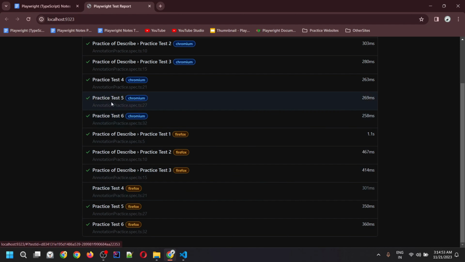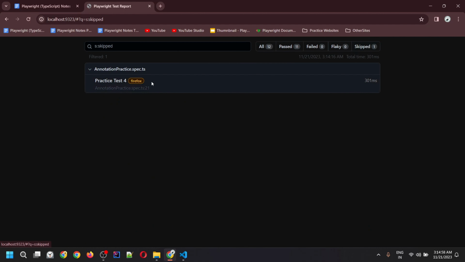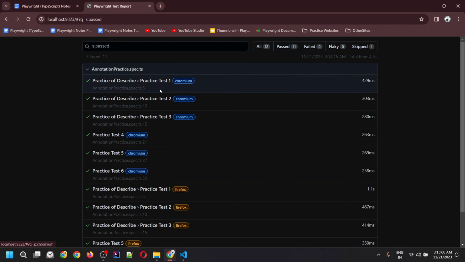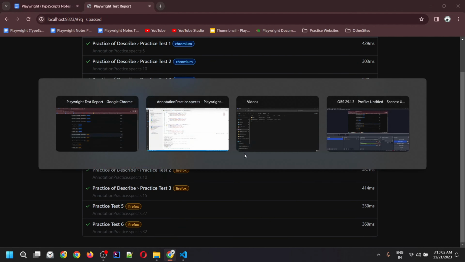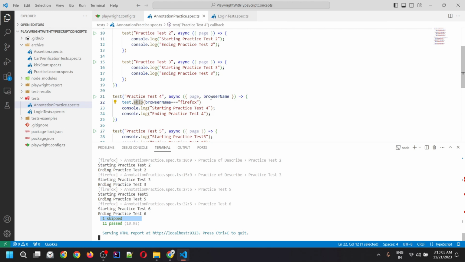But for Chrome, see here it got executed. So only one skipped thing happened for the Firefox. Right, passed, you would be able to see here. Okay, so